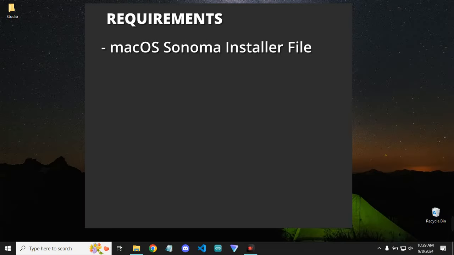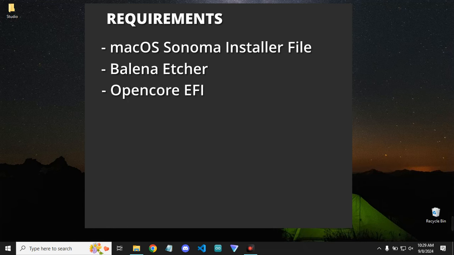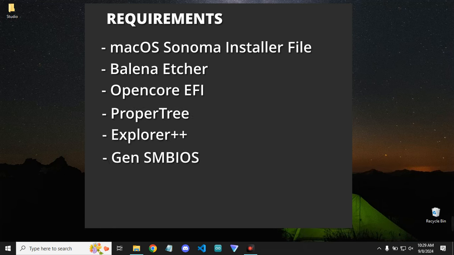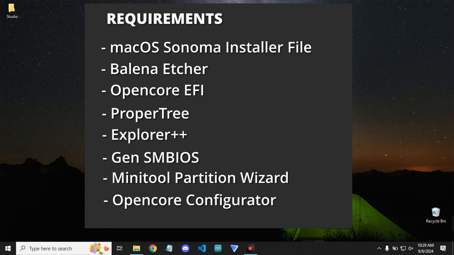First, we need macOS Sonoma Installer File, we need Balena Etcher, we need Opencore EFI configuration file, we need ProperTree, we need Explorer++, we need Gen SMBIOS, we need MiniTool Partition Wizard, and we need Opencore Configurator. Now I'll provide the links to each and every one of these softwares in the video description so you can